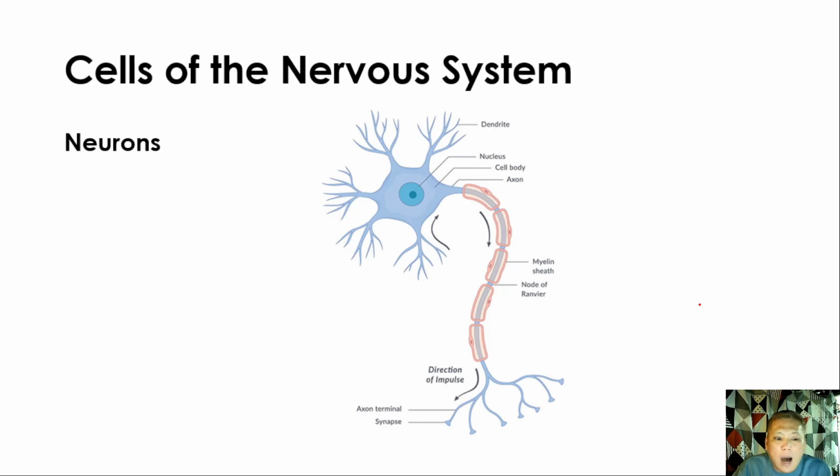So, ito po ang neurons. Sabi natin, iba yung neurons, we have the dendrites, the nucleus. Ito po yung myelin sheath. And dito siya dumadaan pa sa direction ng impulse natin. So, ibig sabihin, diyan papasok yung mga signals from different parts of the body para punta dun sa neurons para ma-interpret ng brain natin, para maintindihan natin kung ano yung nangyayari, para alam ng brain natin kung ano yung gagawin.